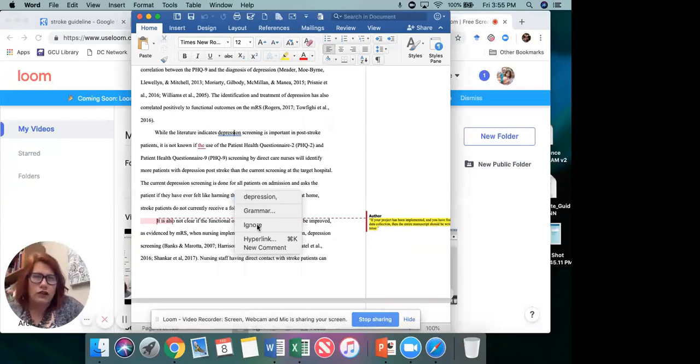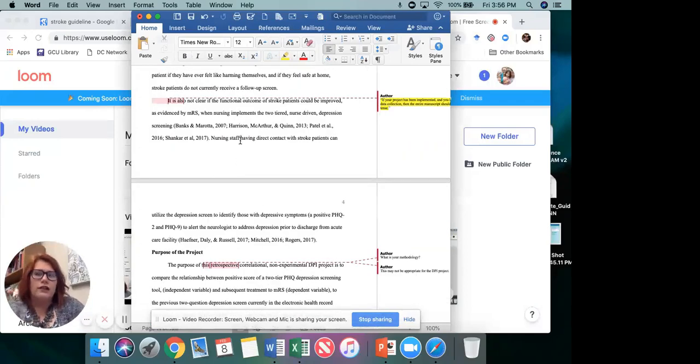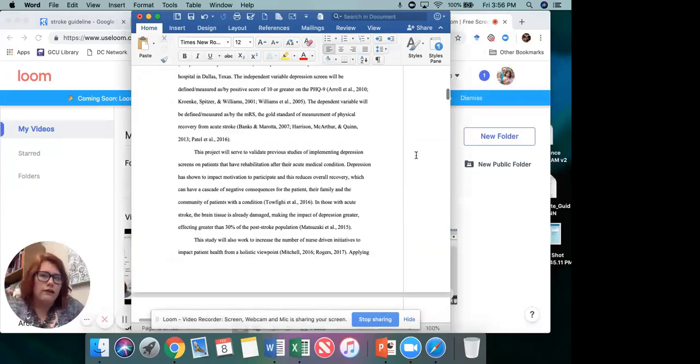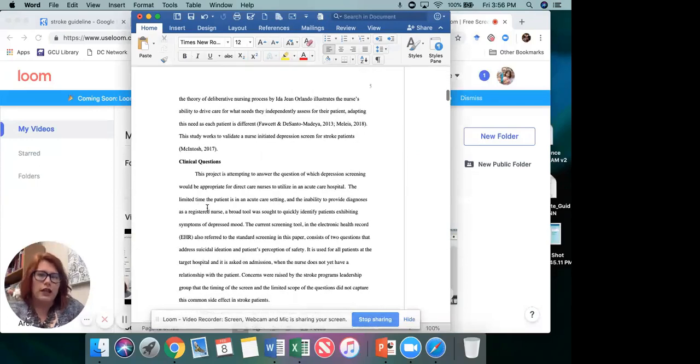I don't agree with this comma, so I keep ignoring that one. But so I could add things right in the paper. I could type in here. I could just pull up things that I had previously done, or if, again, as Georgette was saying, if